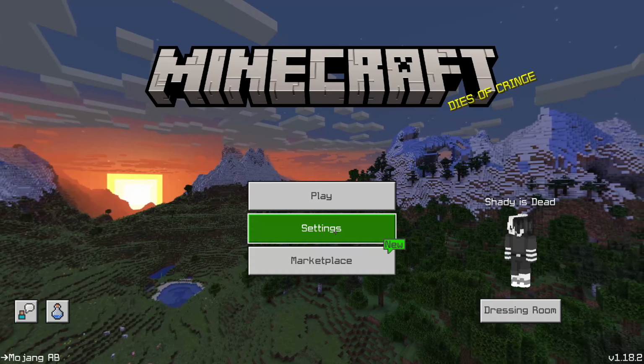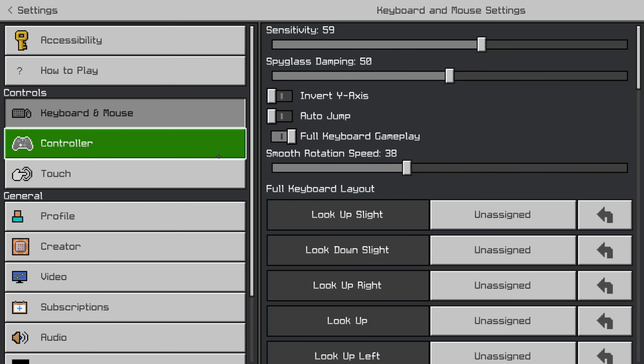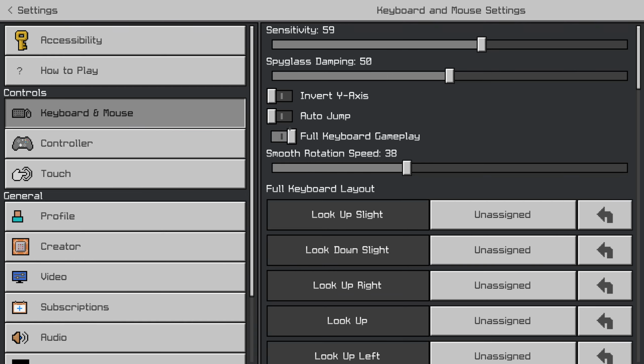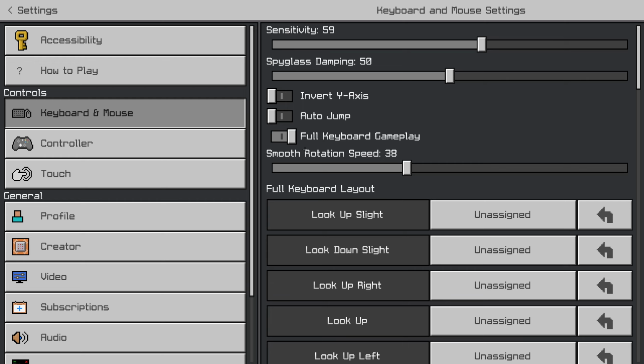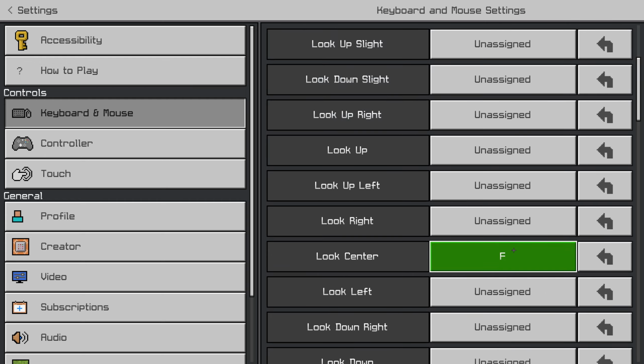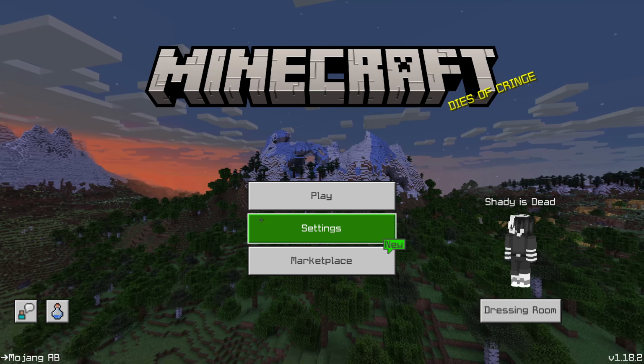First, you want to go to settings, keyboard and mouse, and then set all your keybinds exactly how you want them, because some of these tricks won't let you change your keybinds in-game after. I'll get into why I'm using full keyboard gameplay later, but it has to do with this look center. After you do that, you can close the game so we can get to the options text, because everything's going